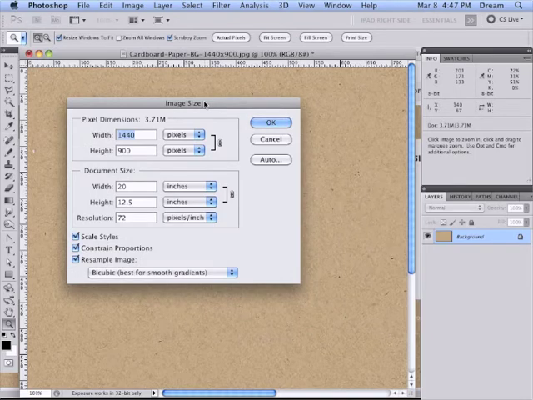1440 pixels by 900 pixels. That's the size of my background image, my cardboard. 1440 by 900, 72 pixels per inch. Do those numbers look familiar to anybody in the room using a Macintosh right now? If they don't,